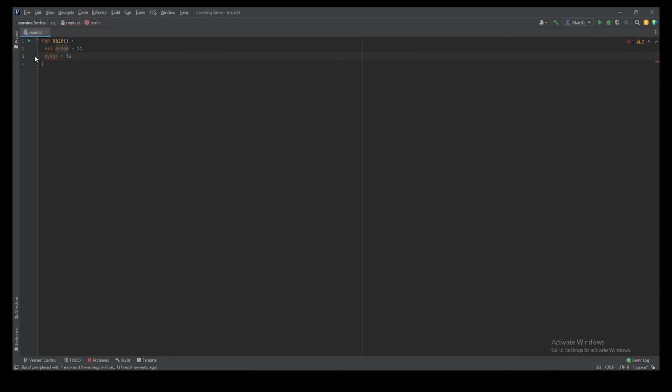Now what val does is it will give you a variable which cannot be reassigned. You can use the variable similar to var variables, but you cannot reassign the value again and again in the